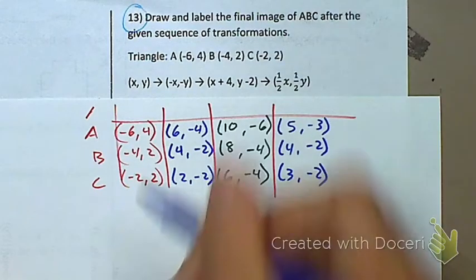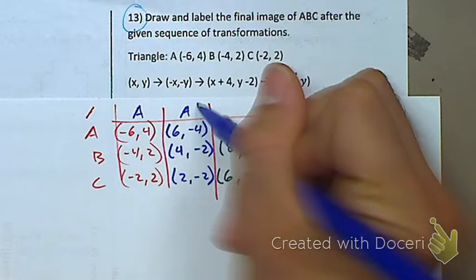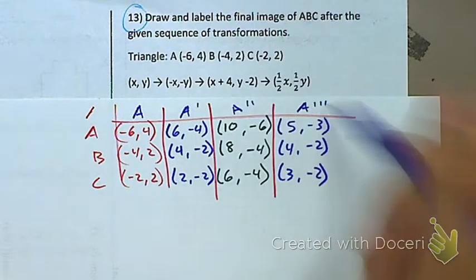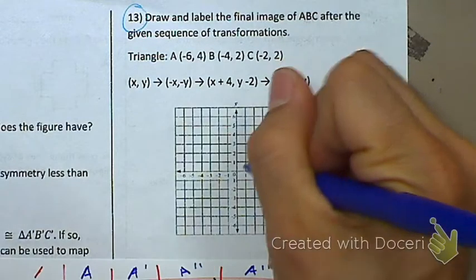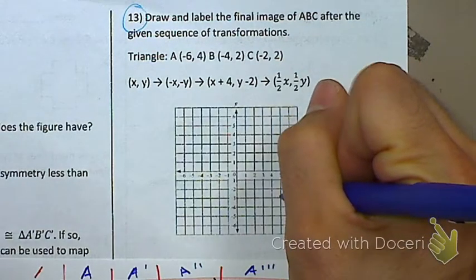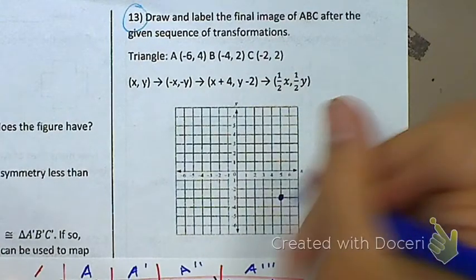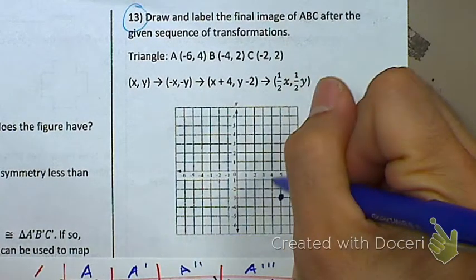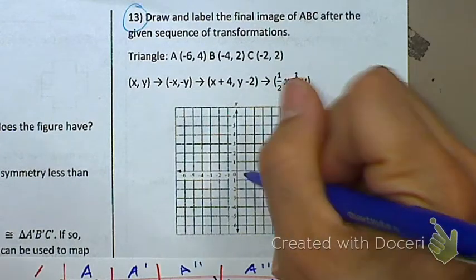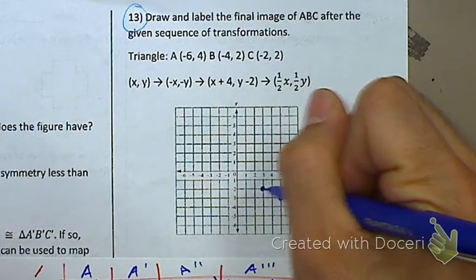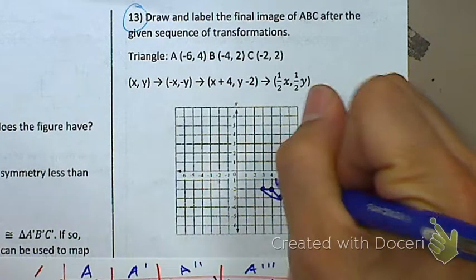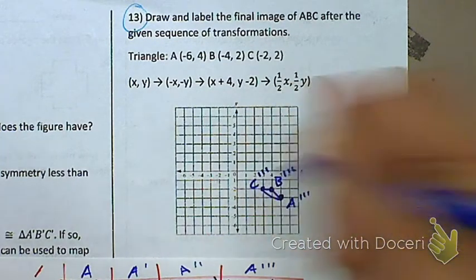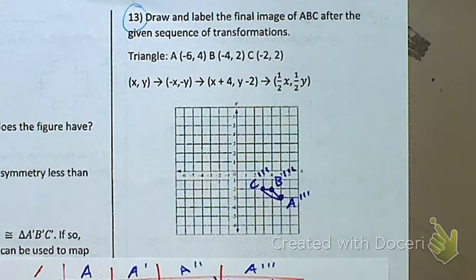Before I do that though, if this is A prime, A double prime, A triple prime. 5, negative 3, 4, negative 2, 3, negative 2. A, B, and C. Right. That whole thing for a tiny image. Problem. Oh,